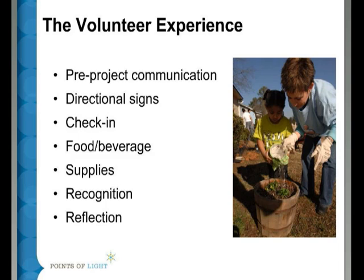And that's just some time for volunteers to think about what they did, what they learned from it, what it meant to them. So if they know that they're helping to raise food for a food bank that's going to help their neighbors, there's some meaning behind that. And so help them and encourage them just to take some time to think about that, to reflect on it, and then we hope that the next step is going to be that they want to continue to do something